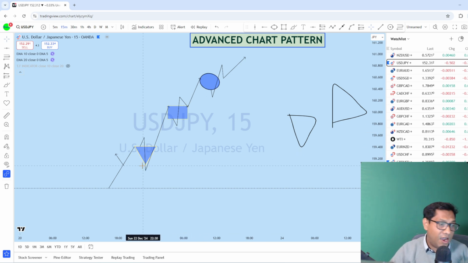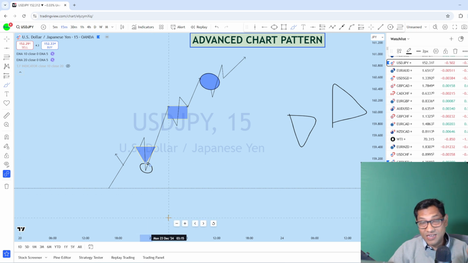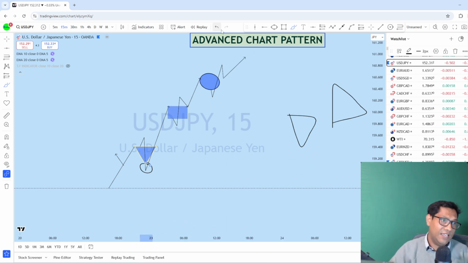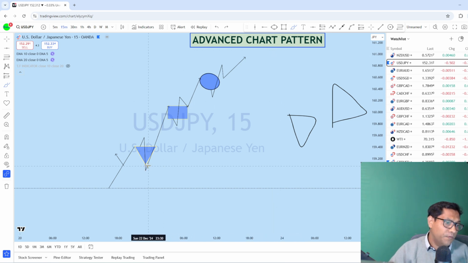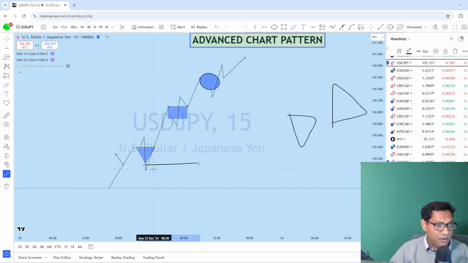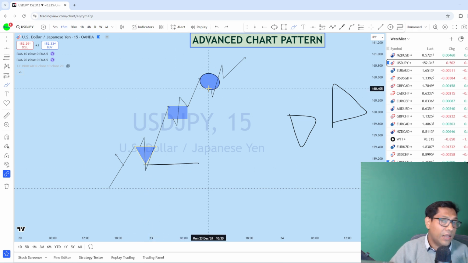Once we can identify the shape, the next step is to look for the market to break from that shape towards the downside in an uptrend. This is the key. Now the market may or may not do it, so we'll look at two important possible scenarios. In the first scenario, this is the support, and from that shape we could see the market has broken below, and once it has broken below, we could see it go straight back up to the top